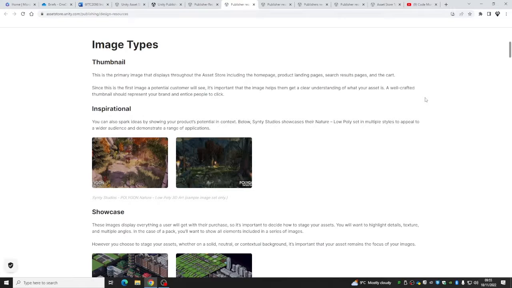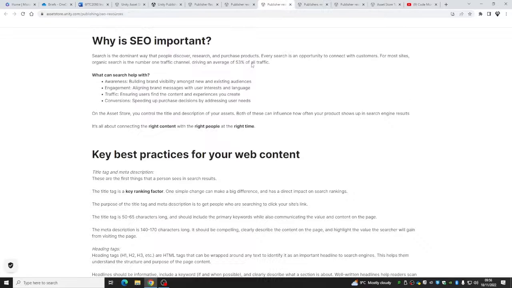So Unity have a good grasp on their clientele, what people do in the Unity Asset Store. Because the first thing they're banging on about is images. How can we get good images? How can we showcase images for audio mechanics and stuff like that? So yes, they do have a good grasp of their clientele.